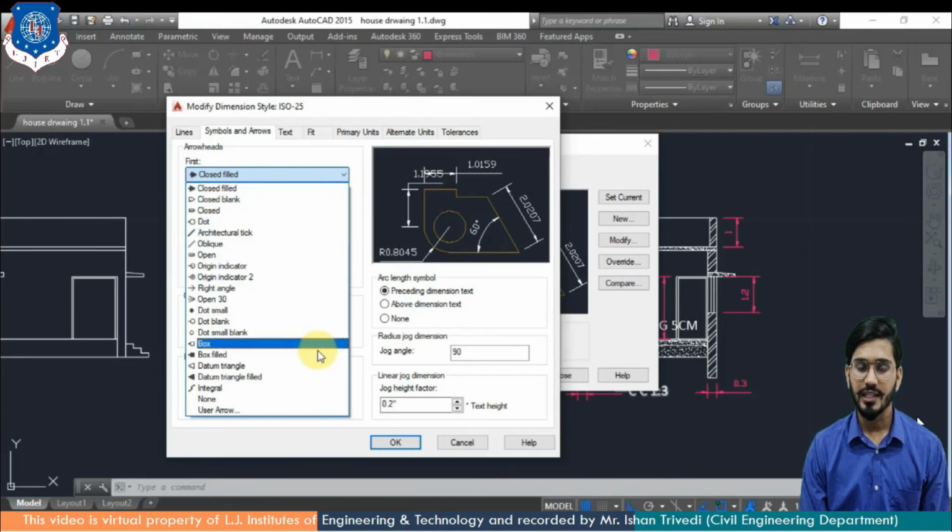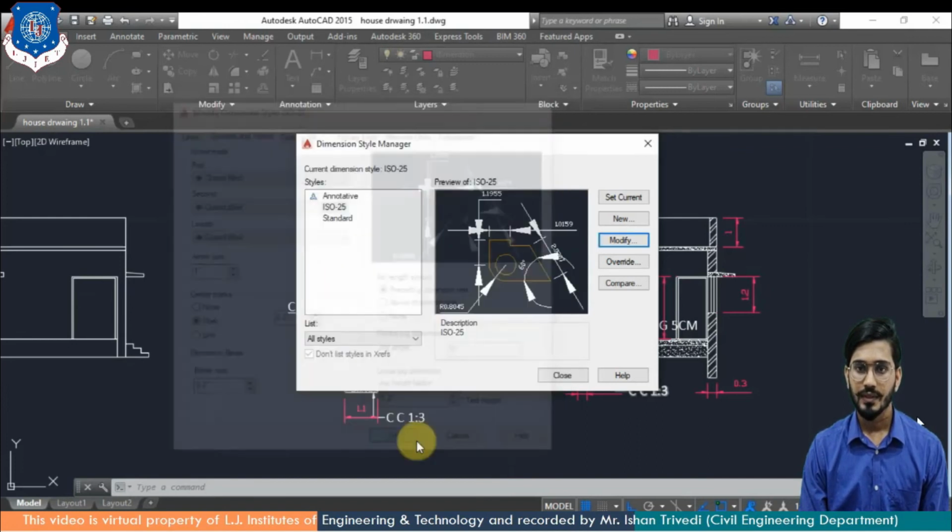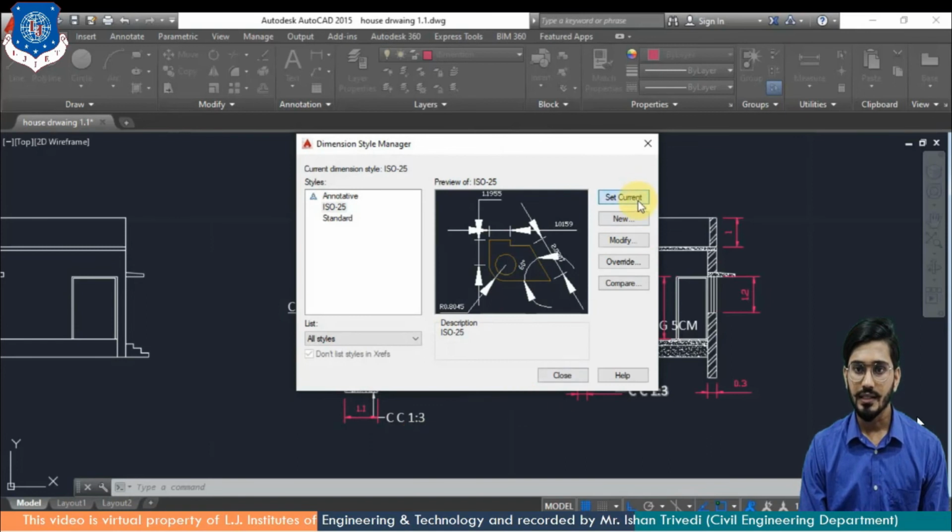So we have variety in this box. You can opt it as per your requirement. Then arrow size, this arrow, then you can change it. Here I am going to apply 1 and just OK. Set current and close.